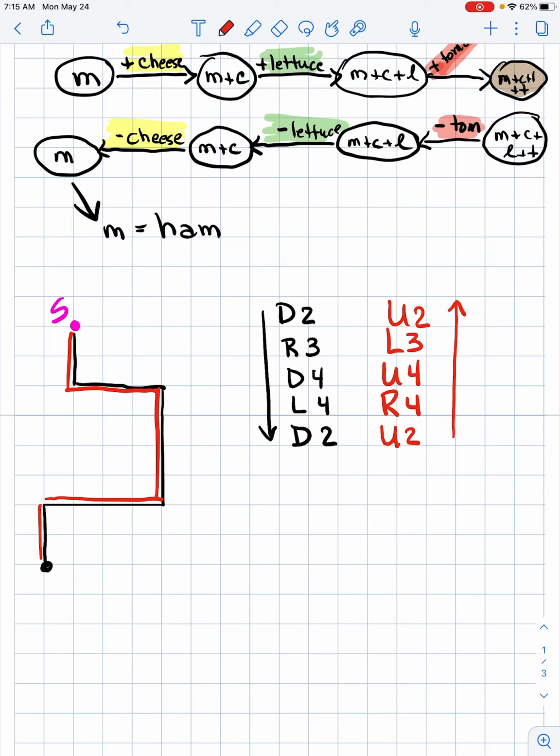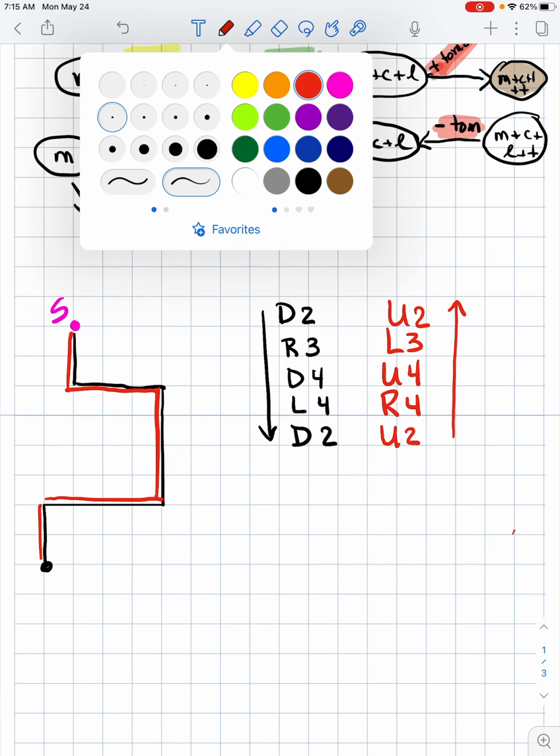Okay? So if you compare each step, right? We went down 2, the opposite is up 2. Right 3, opposite is left 3, down 4, up 4, left 4, right 4, and down 2, up 2. But in addition to that, you can see the arrows are going in the opposite order. So again, the takeaway here would be,